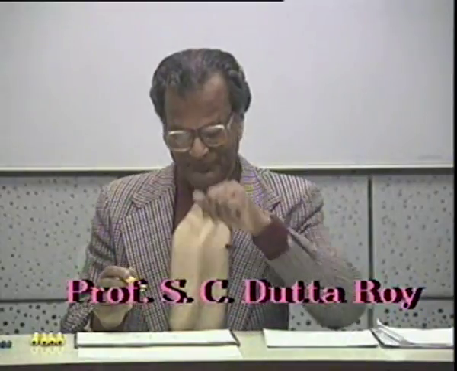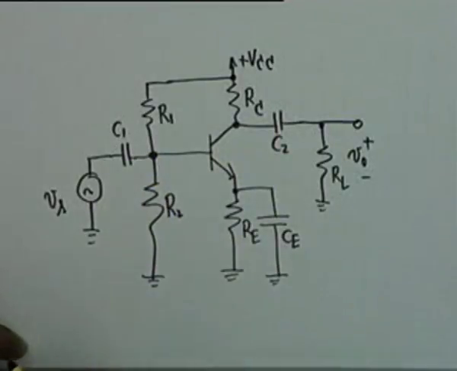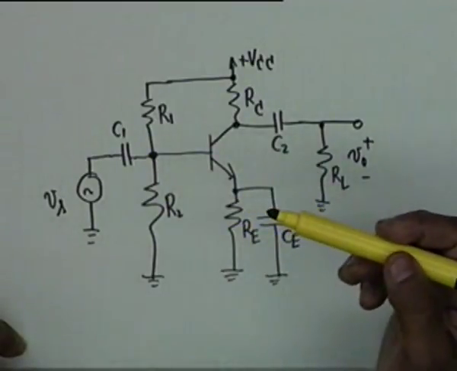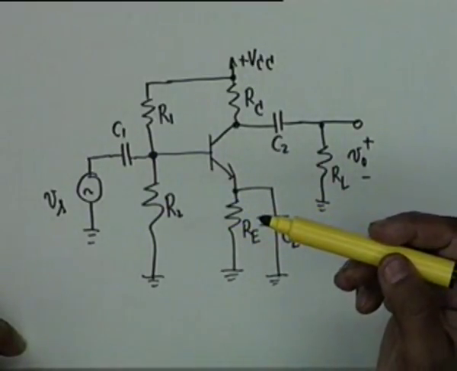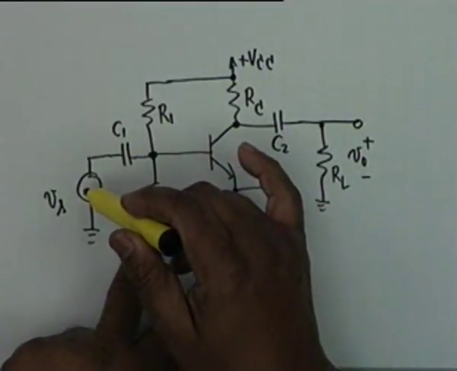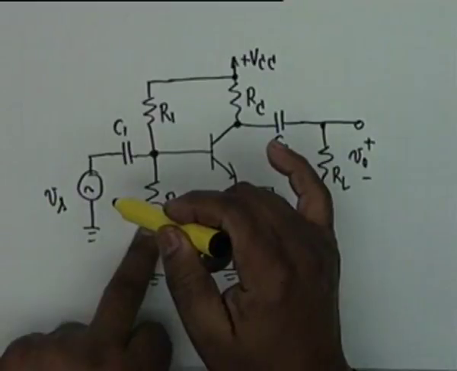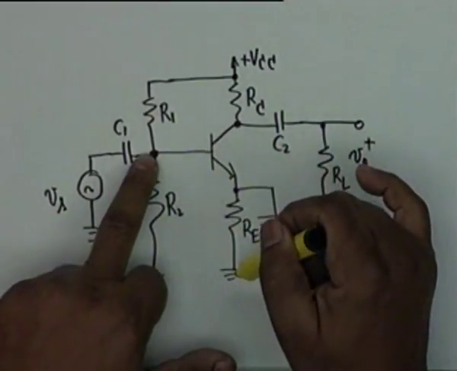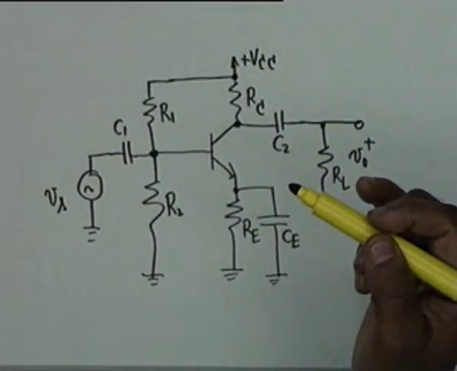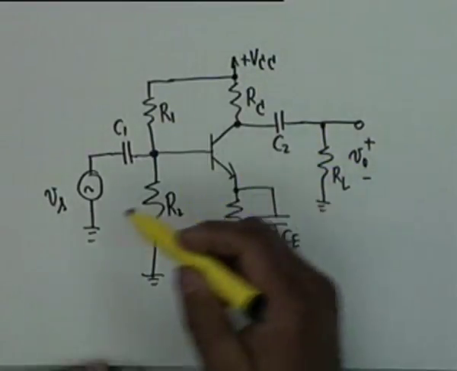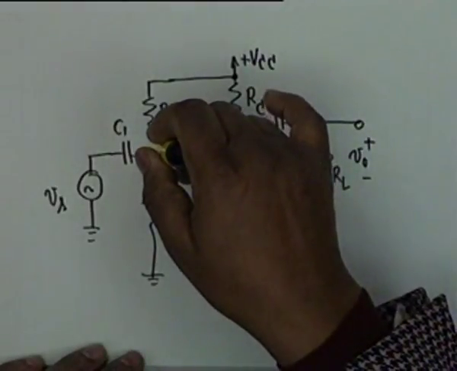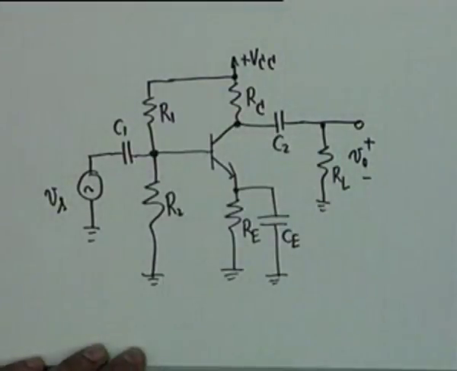So if this capacitor is not there, then obviously R2 will be short circuited. Isn't that right? If this capacitor is not there, the internal resistance of the source is 0, therefore R2 will be short circuited, and therefore the base will be connected to ground, and the transistor would be off. It cannot be in the active region. So the capacitor C1 decouples DC, which would otherwise be short circuited.